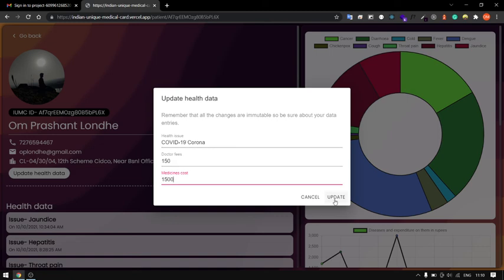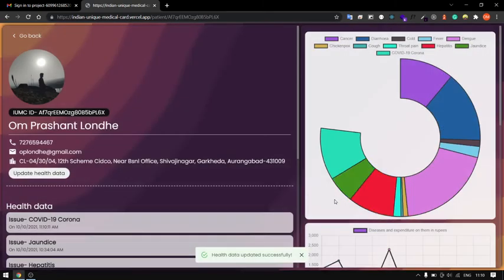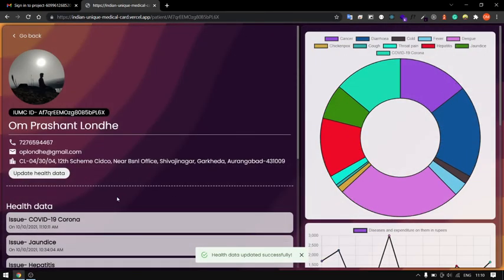And if I click here on update, it will take a while to save the data in my collection. And after that you can see the issue COVID-19 and the timestamp, which is the current timestamp, 10/10/2021 11:10 a.m. So in this way the doctor can update the health data. After that the doctor can also go back